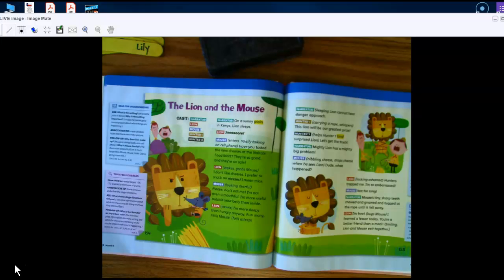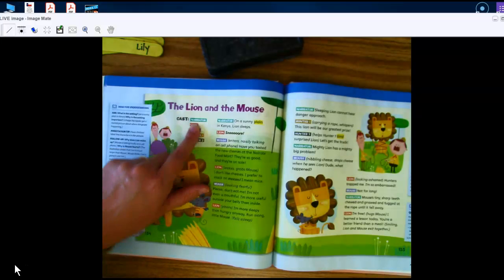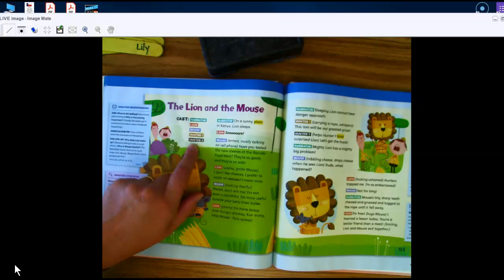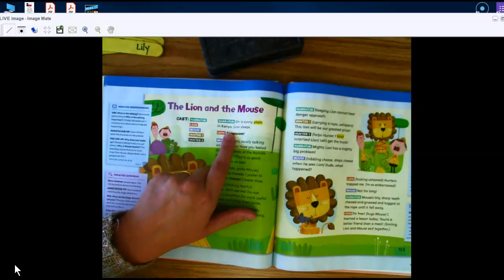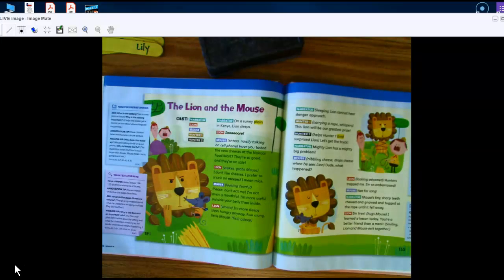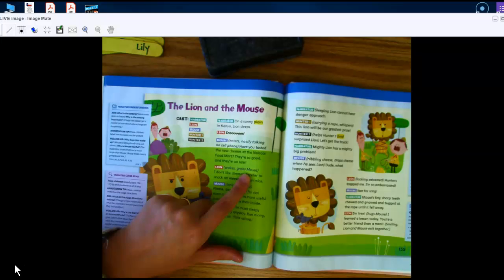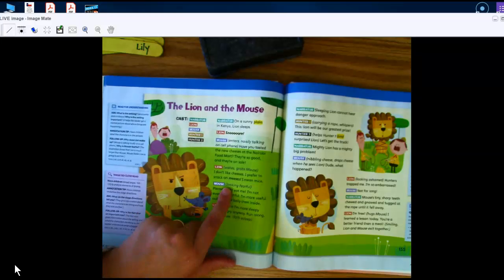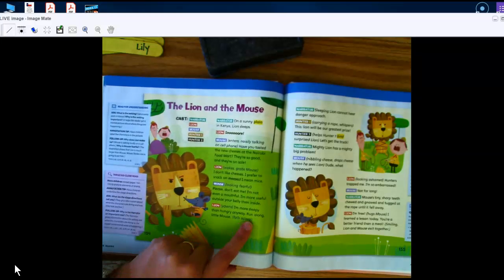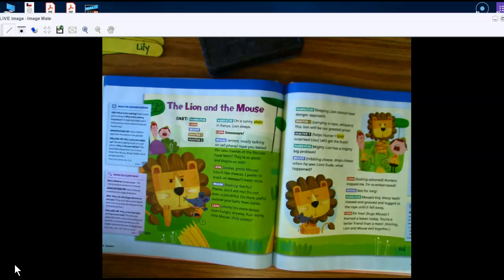Okay, so we see all the important things of a drama. We see the cast, which is the name of the characters. They tell us the setting. The narrator tells us what's happening in the story. They're not a character, really. They're just part of the cast. And then they give us stage directions. These things in parentheses are called stage directions, telling the characters what to do. Normally, you don't read those. I was reading it so you could kind of visualize it in your head, but we don't normally read those. Those are just for the characters to do if they were acting it out.